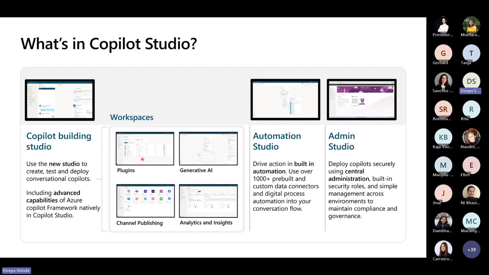So let's imagine I'm an end user and I'm asking a question for which you haven't designed any specific topics. I'll tell you what a topic is basically, but let's say you haven't. What you have done is you have just pointed to a website. You have done nothing else, no other specific customization. And I'm just going to take the example of AstraZeneca, because the bot that I'm going to take you through is pointing to the AstraZeneca website, basically a public website. Let's say we are pointing to that, right? And nothing else we have done on Copilot Studio.